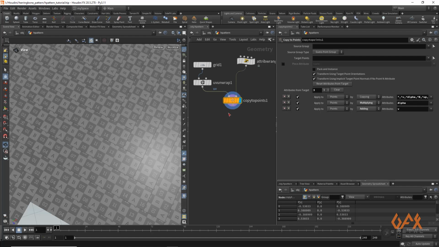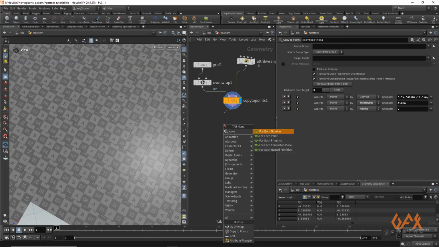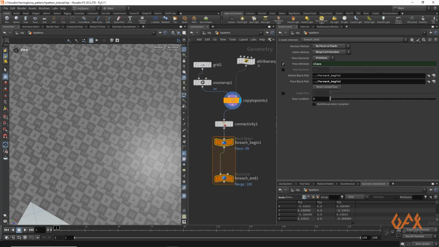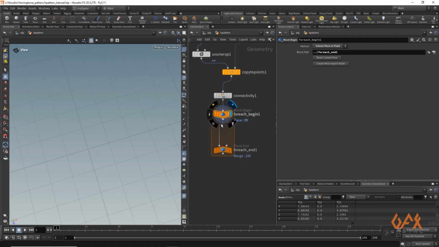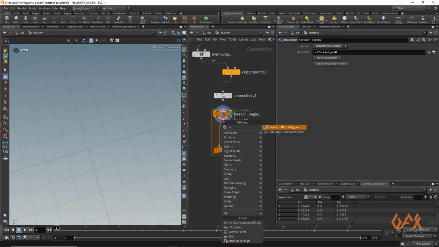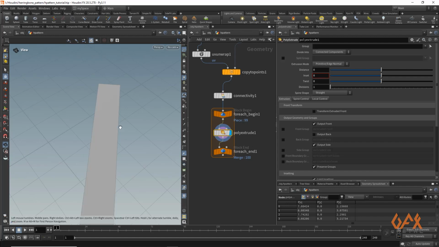For that reason, I am going to create one for each connected piece. What I am going to do here is apply a PolyExtrude. I click onto this button, and here I apply insert, maybe 0.003 or a little more, that is fine.